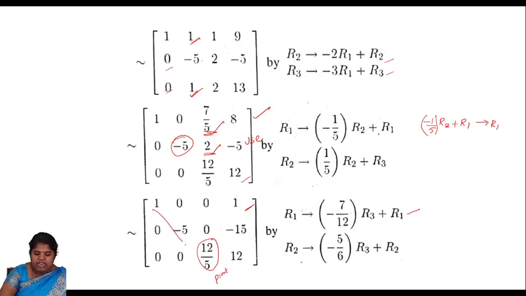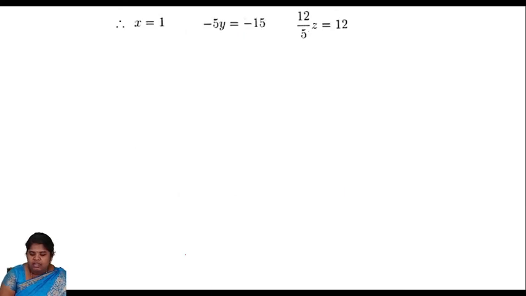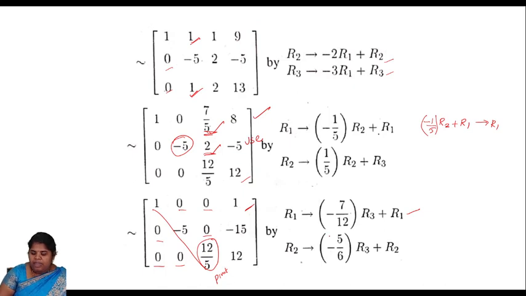So this is our diagonal and the elements above the diagonal element and below the diagonal elements are 0. So this is a diagonal matrix. Now in the previous problem also we have seen, again we should write in terms of Ax equal to B form. Our x is x, y, z. Right hand side is 1, minus 15, 12.